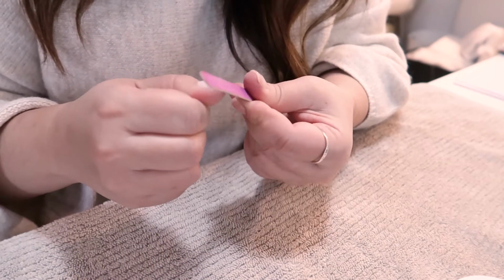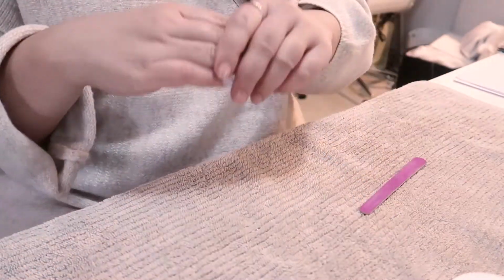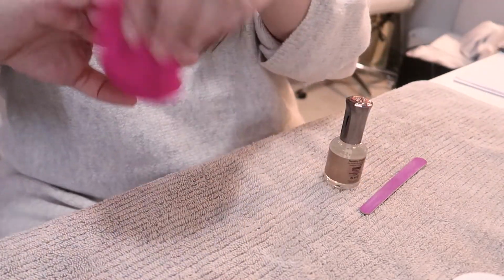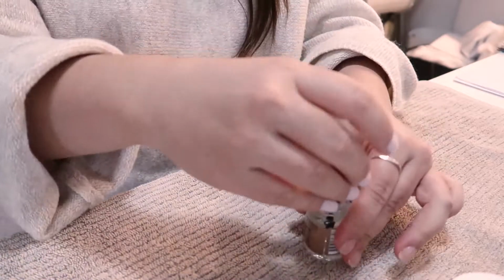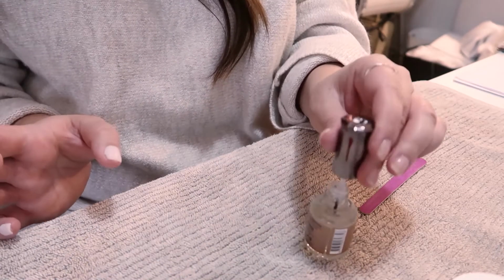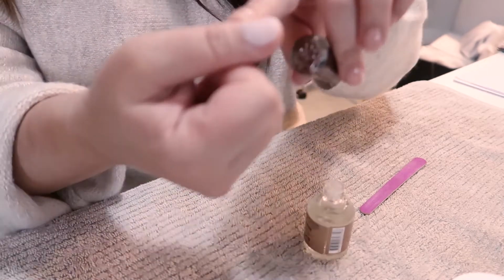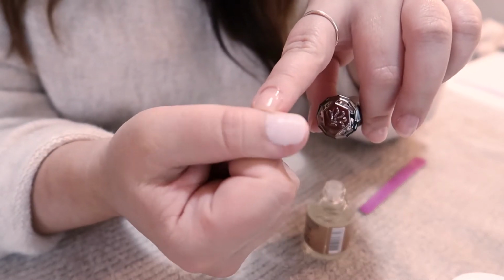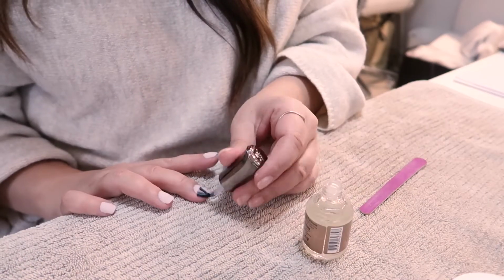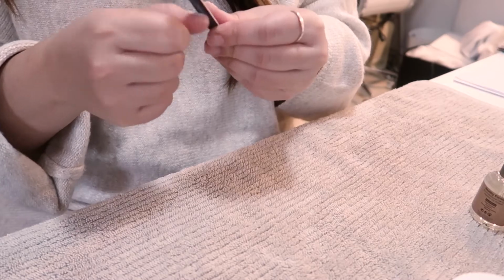Just gonna buff my nails down a little bit. I think we need to put the activator on before we start filing, because it's starting to sort of lift them up. So I think the activator needs to go on before anything happens, because I stupidly started, don't know if you can see that, it's coming off a little bit, silly me. Now that that is done,